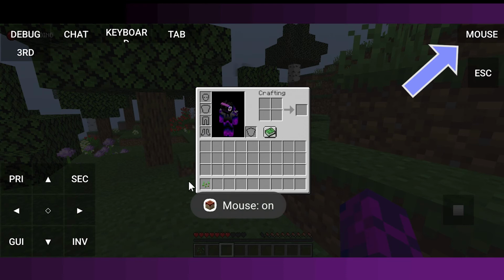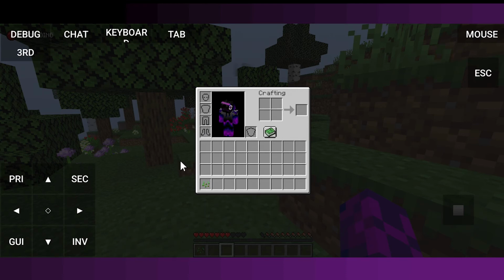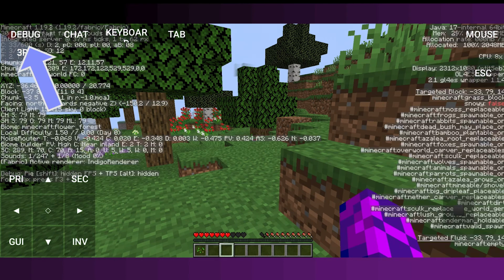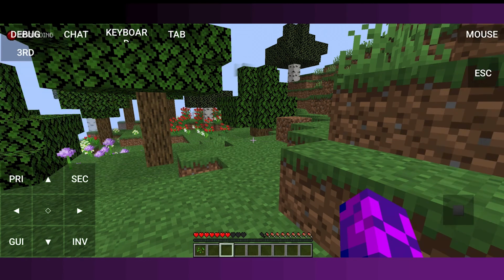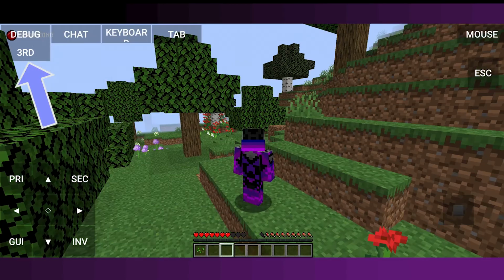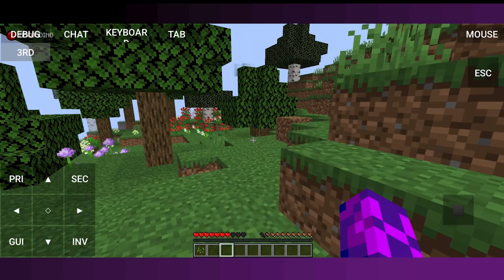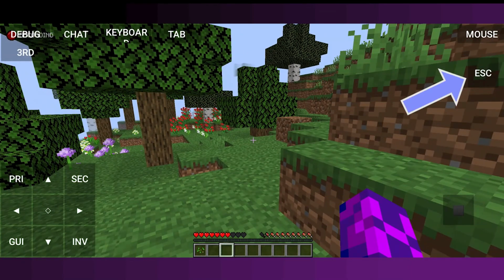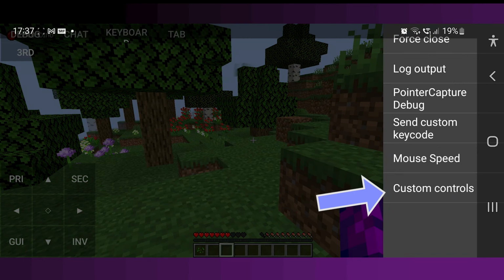With the mouse button you can show the cursor. The button debug shows you all information, and with the button third you can change the perspective. This button is for jumping. The escape button isn't in the game, it's created by myself. You can create buttons by swiping to the left and there you see all options.